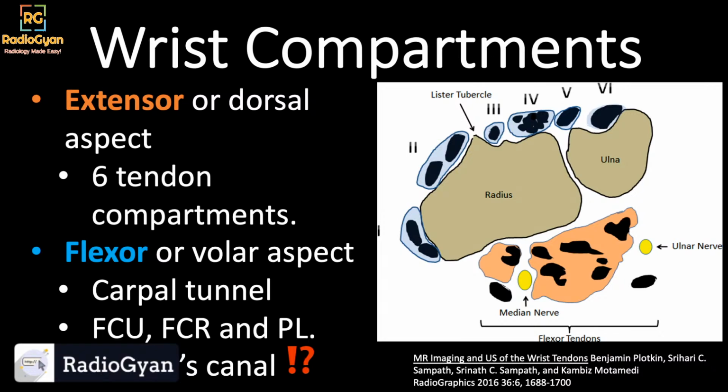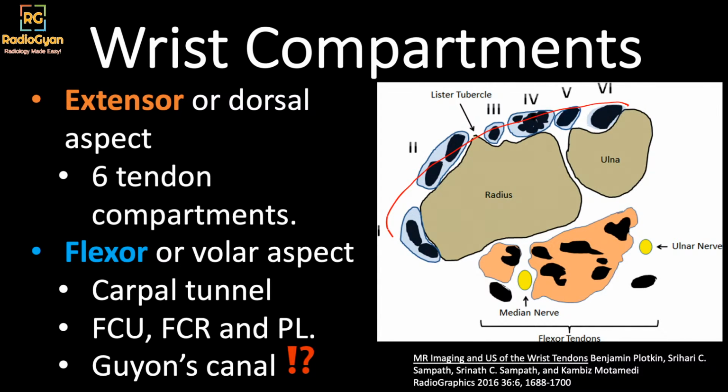The flexor compartment: imagine when you flex your wrist, your hand is deviated towards the volar aspect, so I remember it that way, that the flexor tendons are in the volar aspect. Similarly, when you extend your wrist, your hand is deviated towards the dorsal aspect, so the dorsal compartment has extensor tendons. The extensor compartment is divided into six tendon compartments labeled as 1 to 6 here,